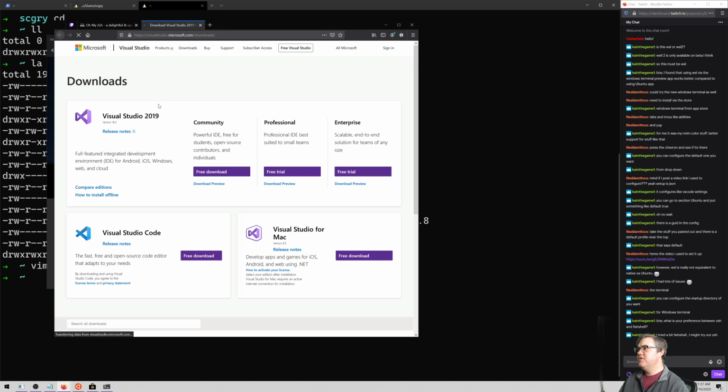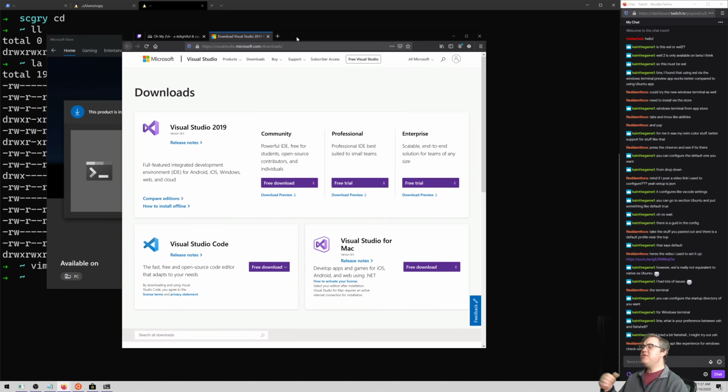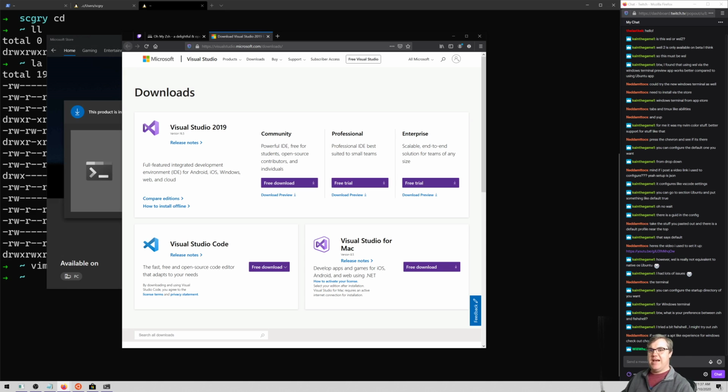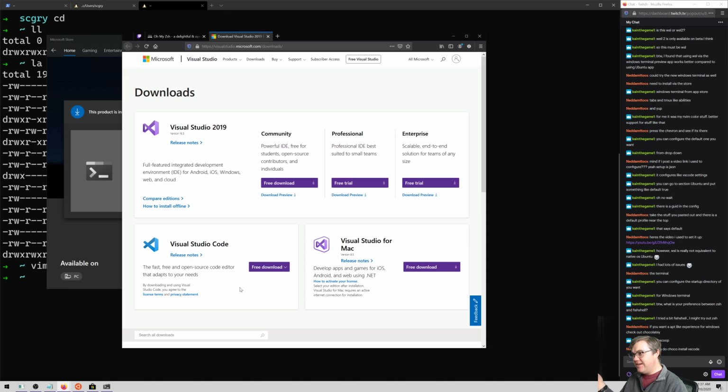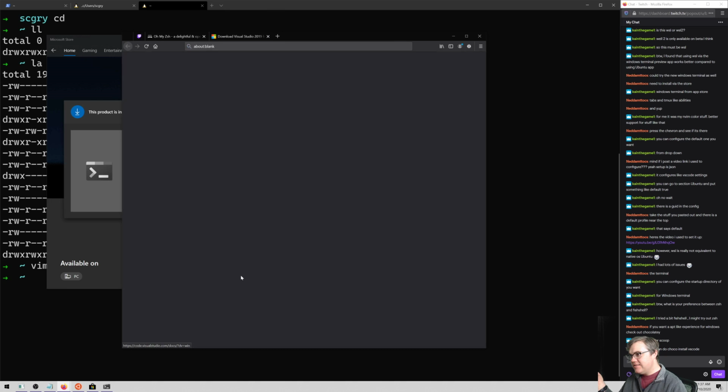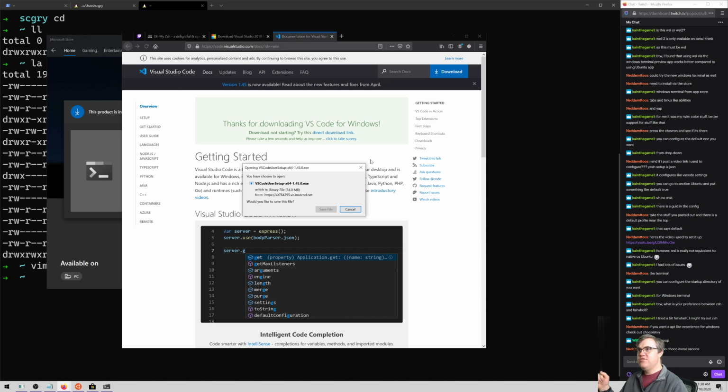If I search for it, okay, yeah, interesting, I have to search for Visual Studio. Oh, this took me to a browser window. Okay, I got it. I searched in the store and it took me to a browser, and I didn't even notice that it was doing that for me. Yeah, let's get Visual Studio Code.